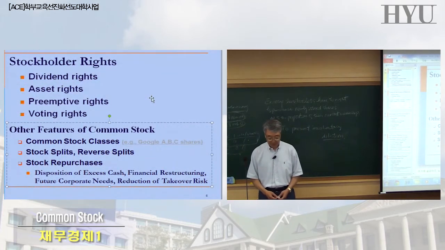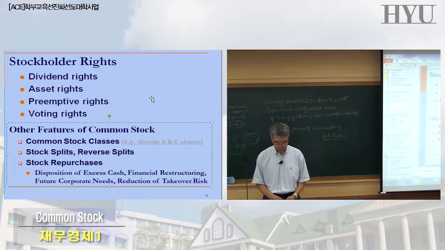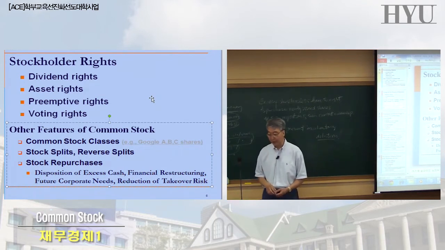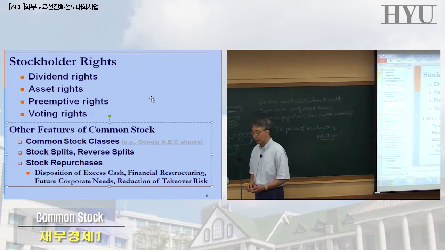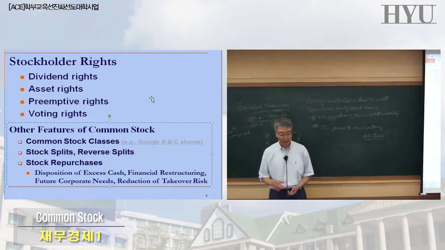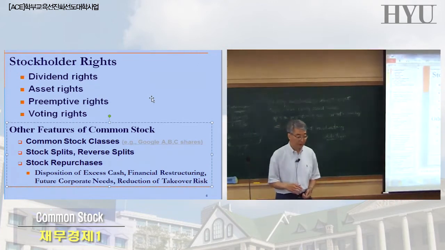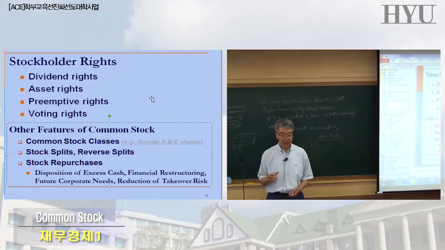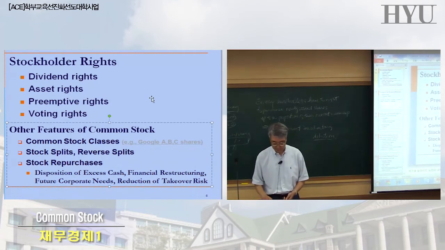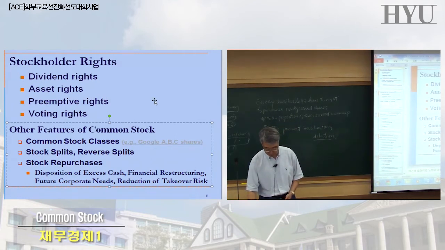All right. So that's the reason why companies issue different classes. Ford is also, I think, the classic case. At the Ford Motor Company, by differentiating the classes, the Ford family is still maintaining the majority of the vote, and they have clear control of the direction of the company.